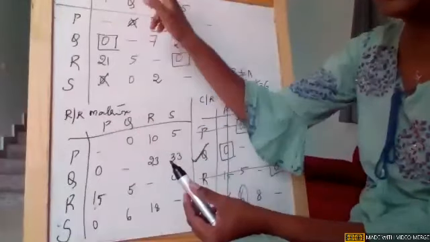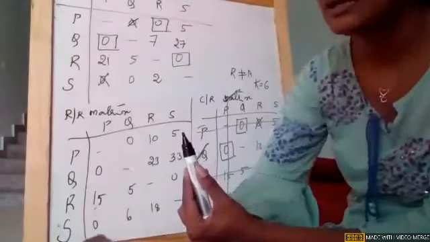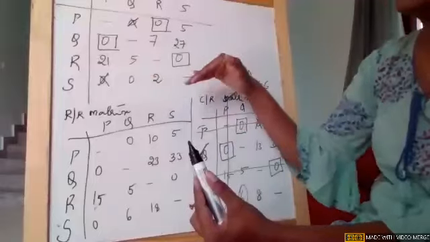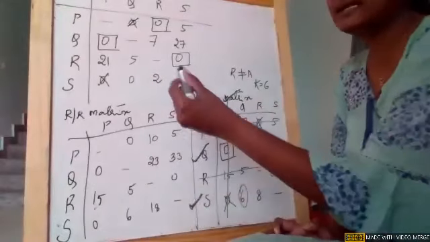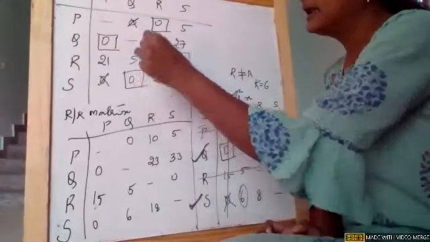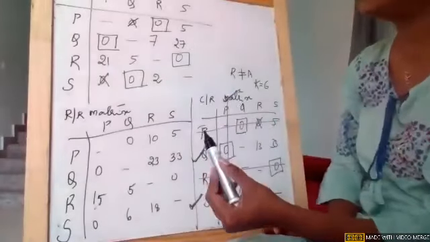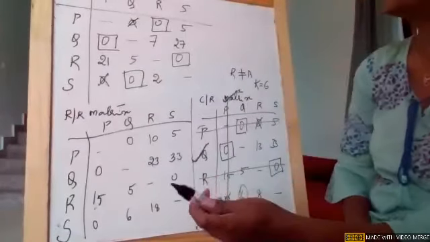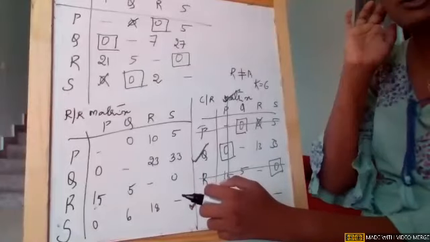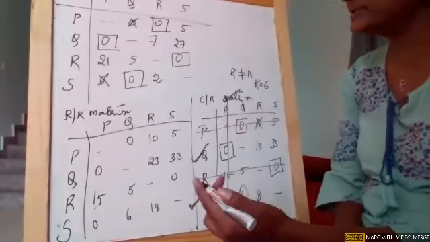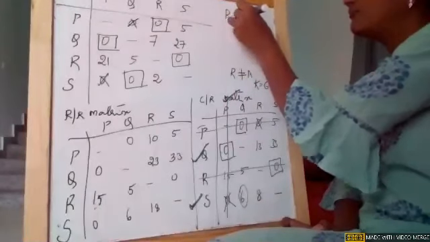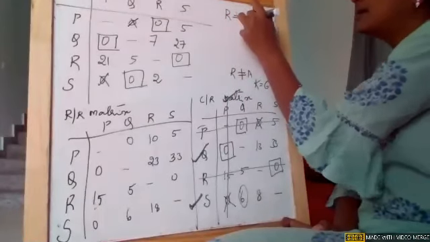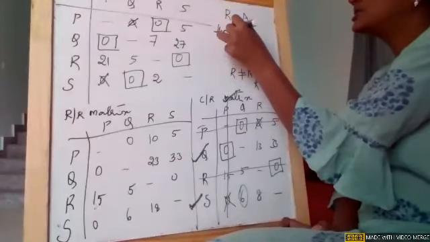Okay. And if you see row wise and column wise, there is no assignment. So blindly I can make an assignment, and you can see now when I'm done with the assignment, there are no more zeros which are neither crossed nor boxed. So I think our rows are equal to assignments, hence optimal solution.